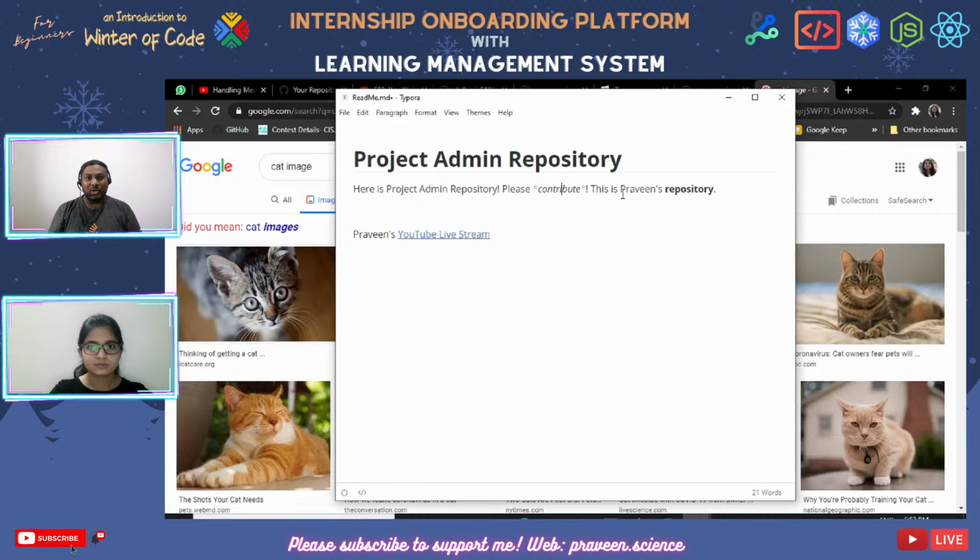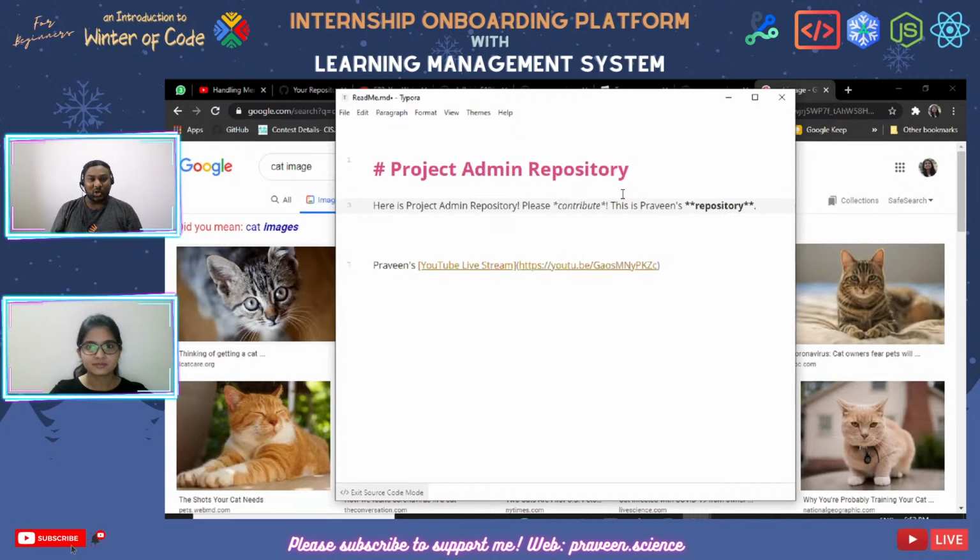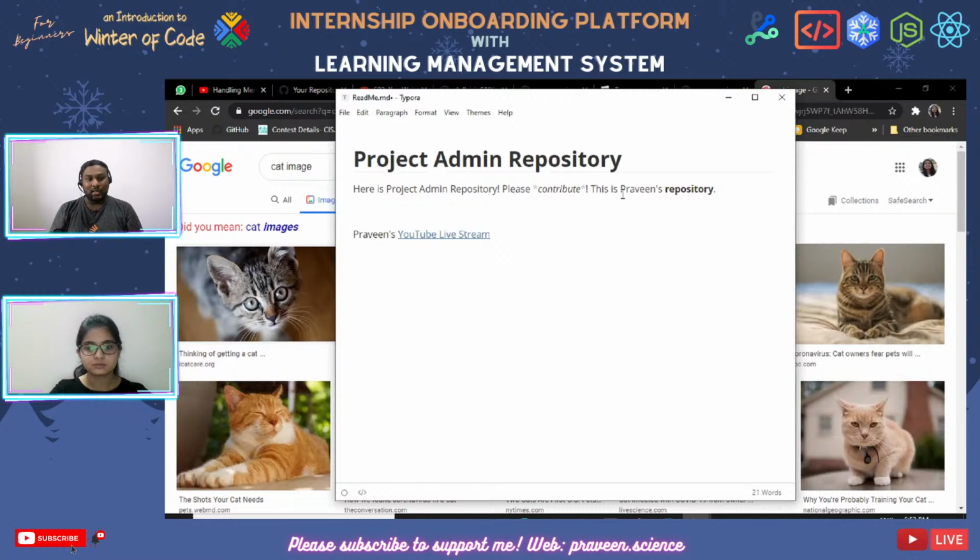I'm a keyboard guy, so I keep note of all the shortcuts. So there you go. This is the complete Markdown source of this. So if you press Ctrl / again, it will exit the source code mode. Cool. Now, if you want to insert an image here using the